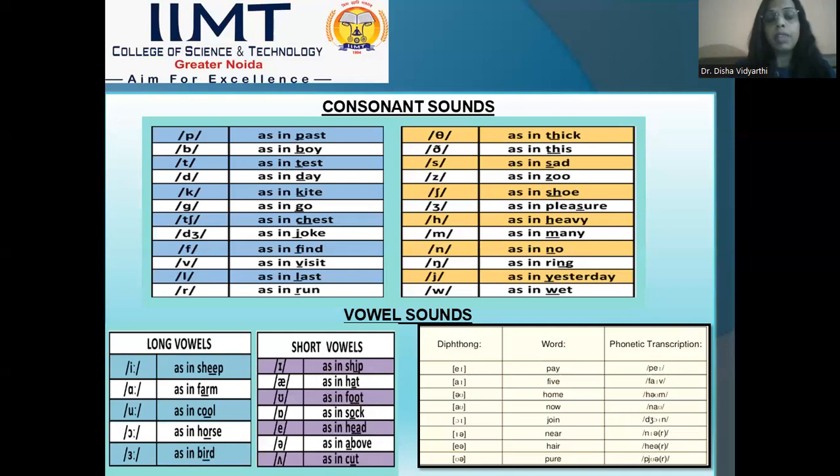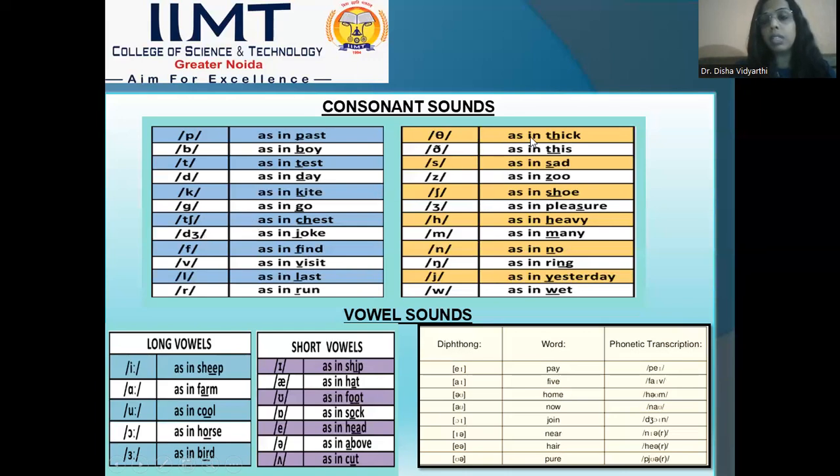So in English, when we have to produce the ch sound in writing, what do we do? We make a combination of two consonants, or rather, we used to say a consonant cluster, that is CH. So we produce this ch sound. In the sound system, we have a particular symbol over here. If you can see, the symbol over here is like a small t and f. So these are the symbols which we need to learn.